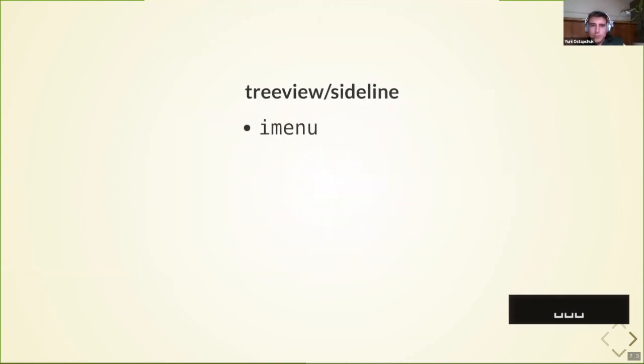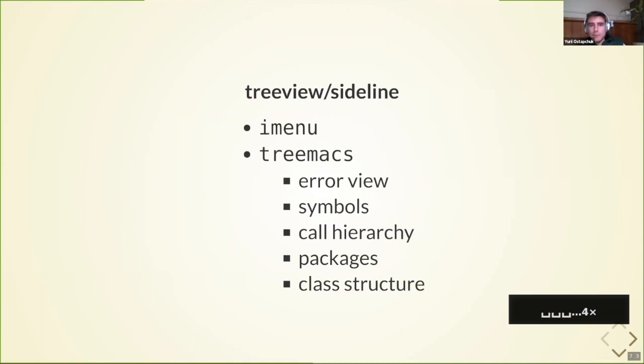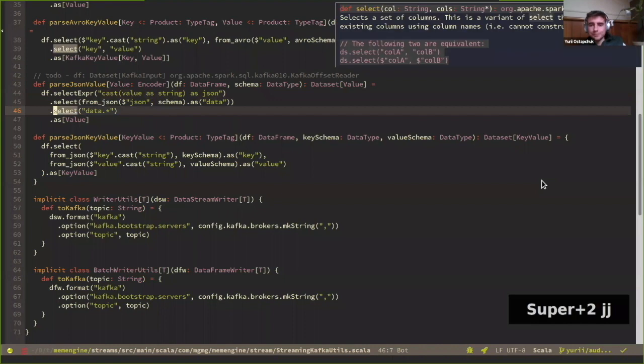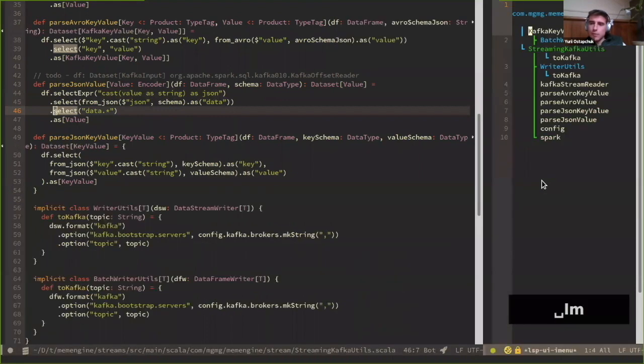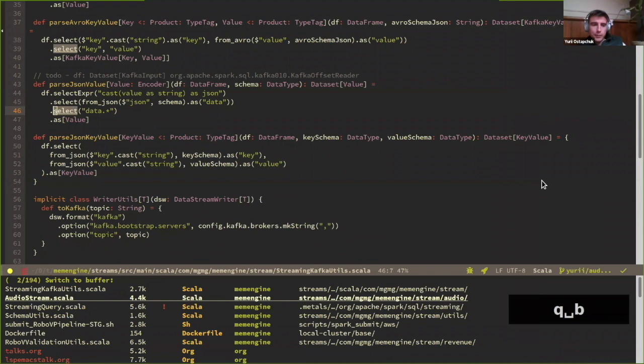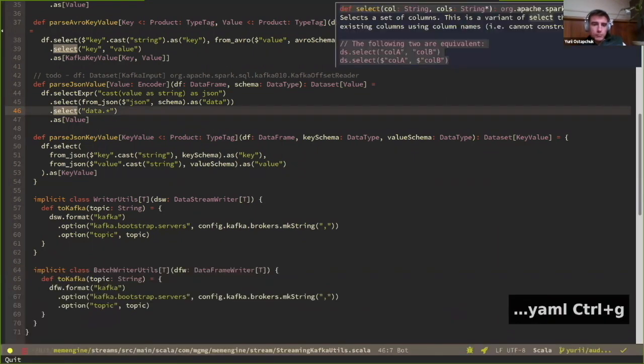So for tree views, there are kind of two kinds of views available. One is something Emacs native called iMenu, which is basically showing a code structure on the right side. And again, it works, I'm showing you all this stuff for Scala, but it actually works for other languages as well. For instance,